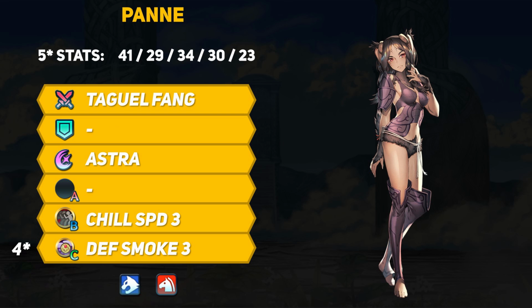For example, for a cavalry unit, 41 HP and 34 speed are both pretty solid, 30 defense ain't bad at all, and 20 resistance will allow Panne to take some magical hits. For a melee physical damage dealer, Panne has good stats in the right places, with the exception of a slightly below average attack stat. Now, stats are going to be important when we discuss Panne, and that's mainly because of